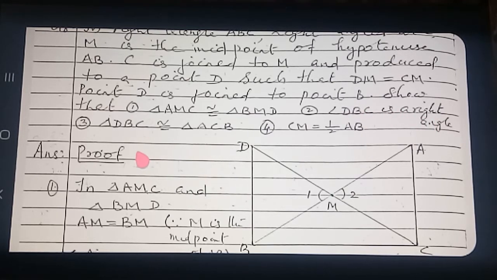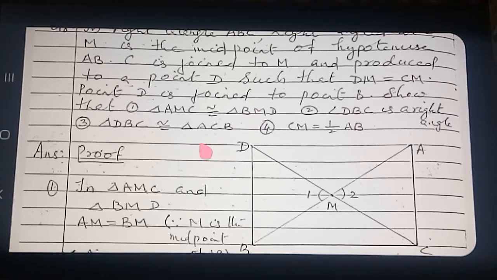Okay, this is a very lengthy rider. We can come to the point now. How can we prove it? Listen. One part at a time, slowly we can prove it. First part: what do you want to prove? Prove that triangle AMC and triangle BMD are congruent. Is it clear? So you yourself find out first.